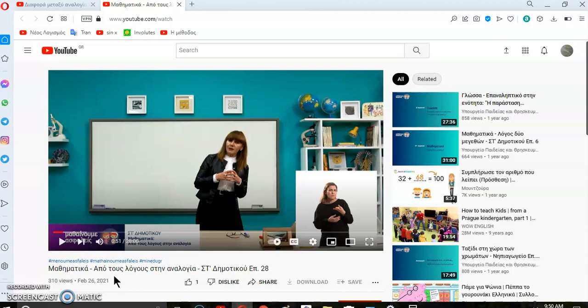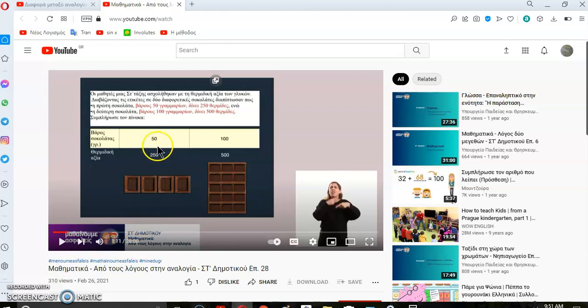But there is really no difference between λόγοι and αναλογίες. Okay, they're both ratios. They're both λόγοι, which is plural for ratios. Logos is one ratio. So modern Greeks don't understand these things, and of course it's seen by the example that she starts to show on the board. So even the example says it's a comparison of the weight of a chocolate and the number of calories, and here we don't have magnitudes,